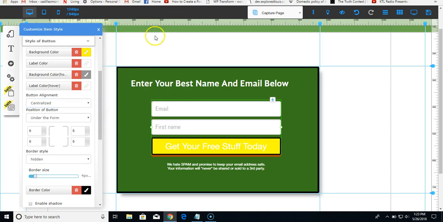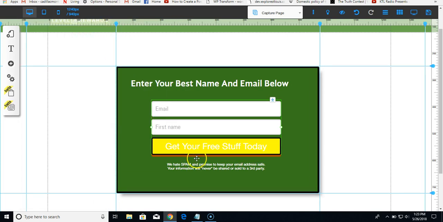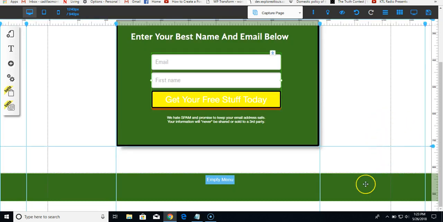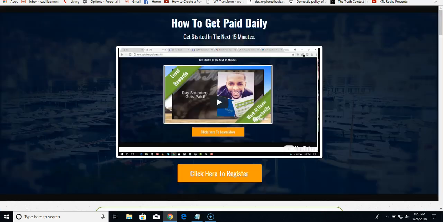Got that. Even though I don't like this, that's the button I chose. I don't feel like going back and changing. So now we have that. Okay, that's good. The next thing that we're going to do is create us a